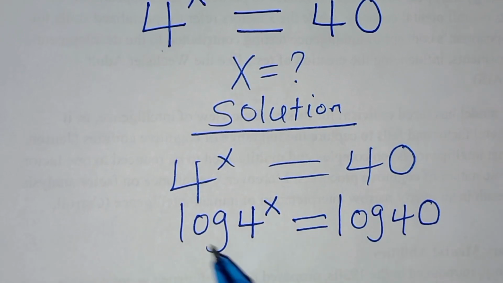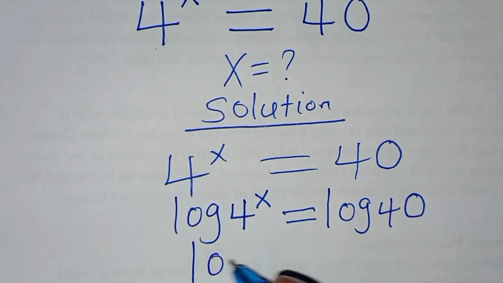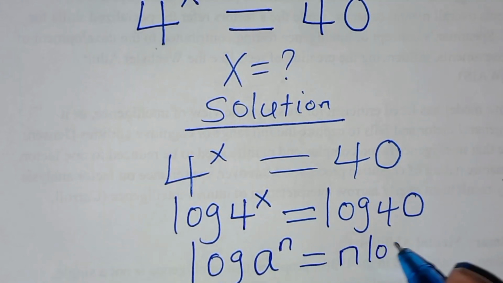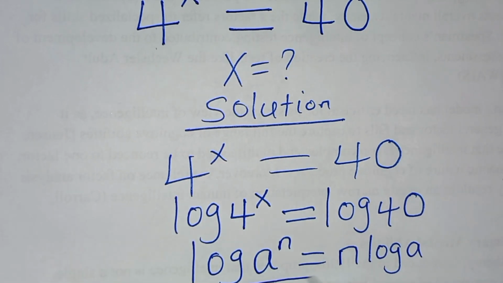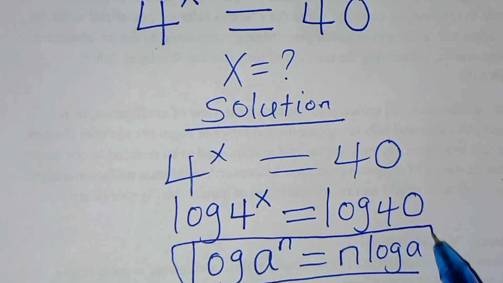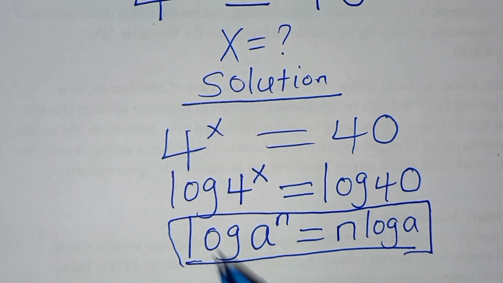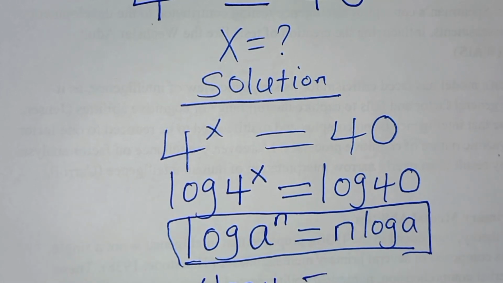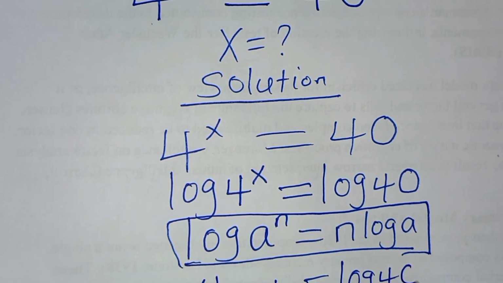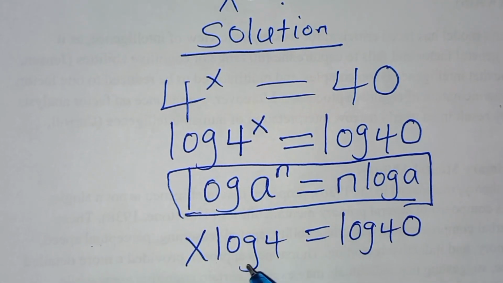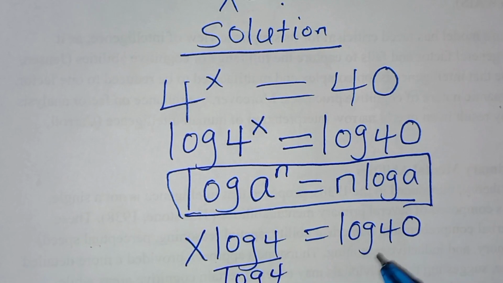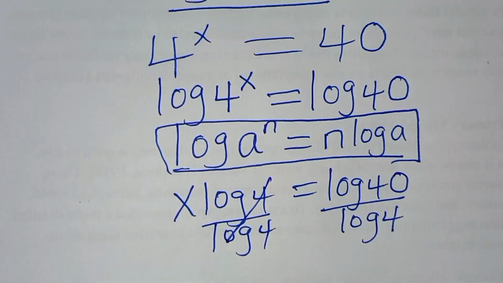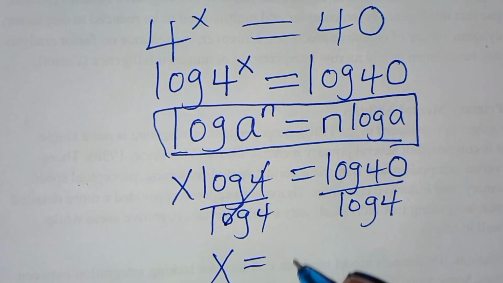The next step here, log 4 to power x, this is in the form of log a to power n, which we can express as n log a. So applying this power rule property of logarithm, log 4 to power x can be expressed as x log 4, equal to log 40. So let's divide both sides by log 4. So here we have log 4 and log 4. If you simplify here, we'll have that x is equal to log 40